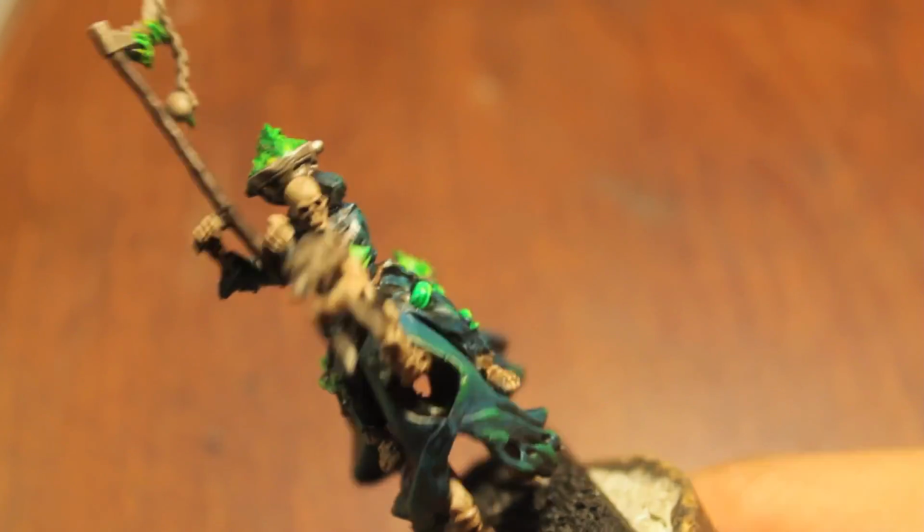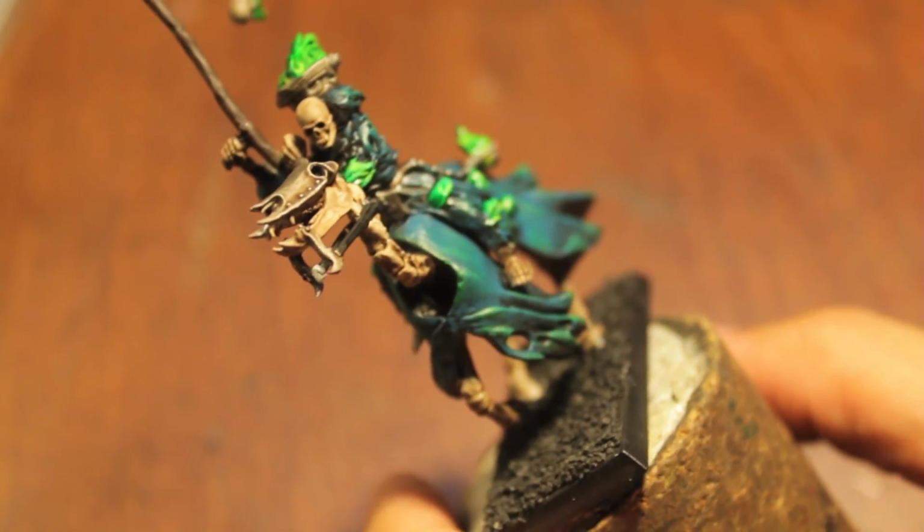There's that. Flames. Now what we're going to do is we're going to paint the bone of the horse. We're going to start to highlight that back up. The first thing we're going to do is we're going to paint with